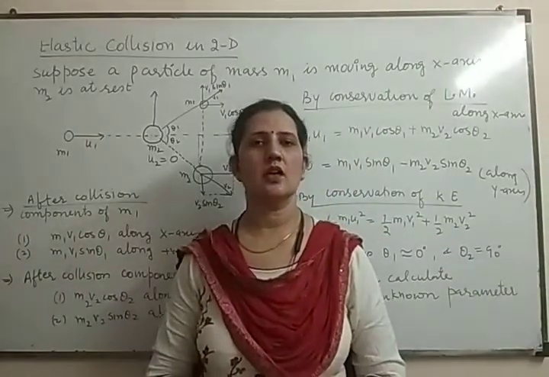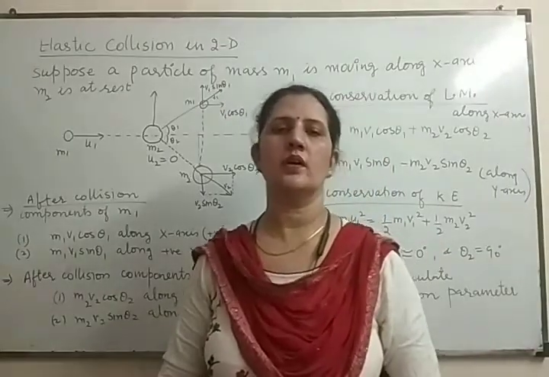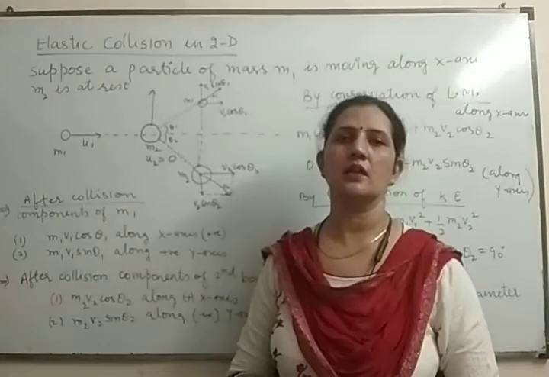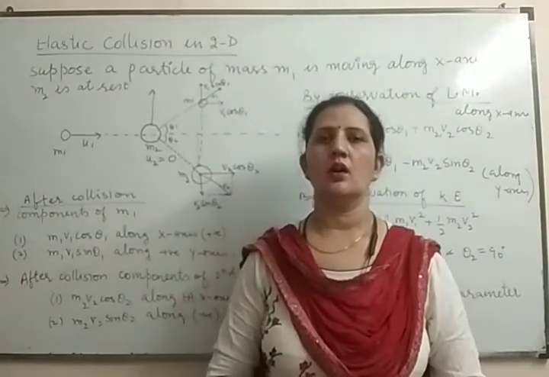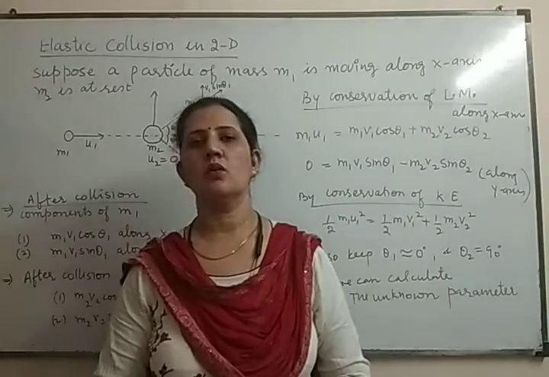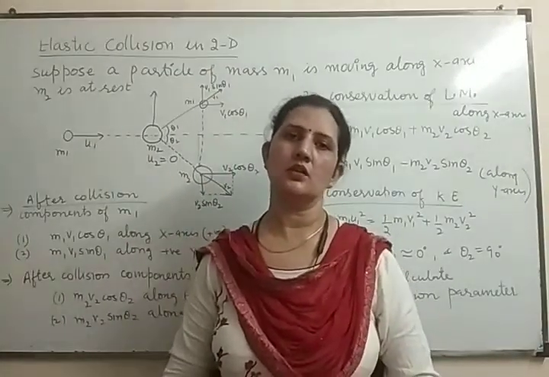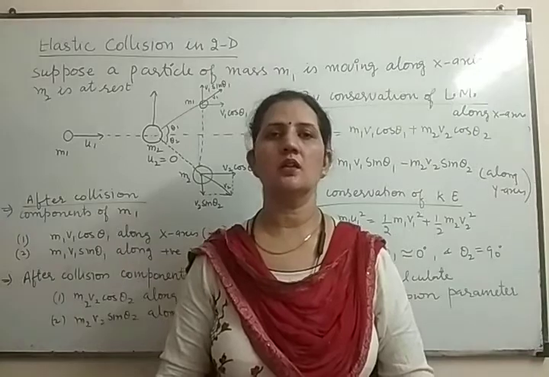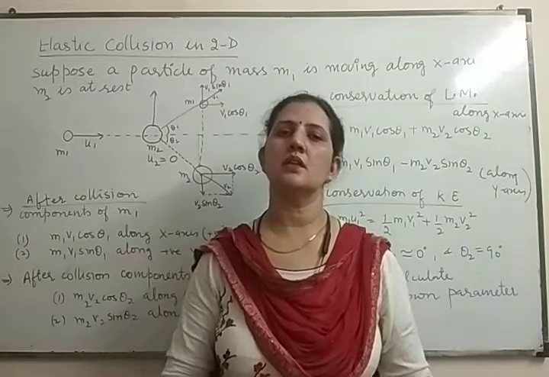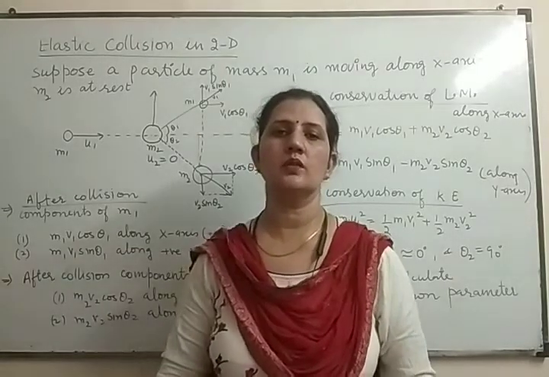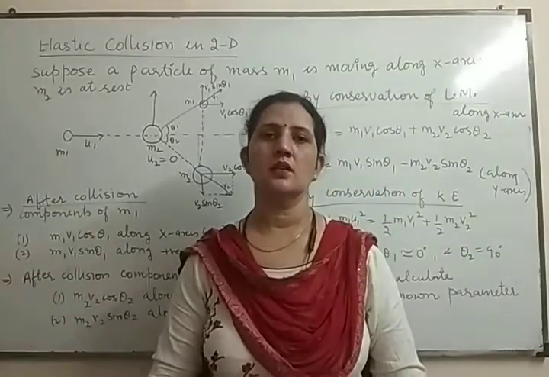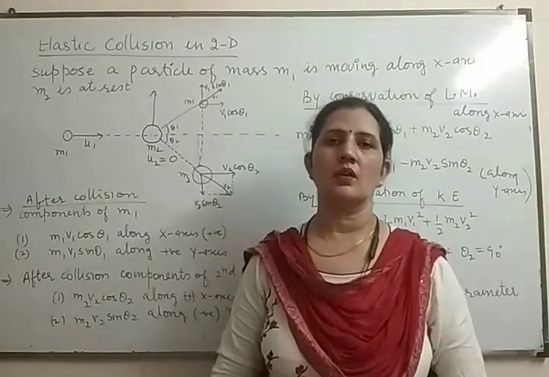In the previous lecture, I discussed elastic collision in one dimension, and today I am going to discuss collision in two dimensions, that is the oblique collision. What is an oblique collision? When one object strikes another object, the angles change after striking. How do these angles change, how the objects move, and how can we calculate the known and unknown parameters using these equations? Let us study collision in